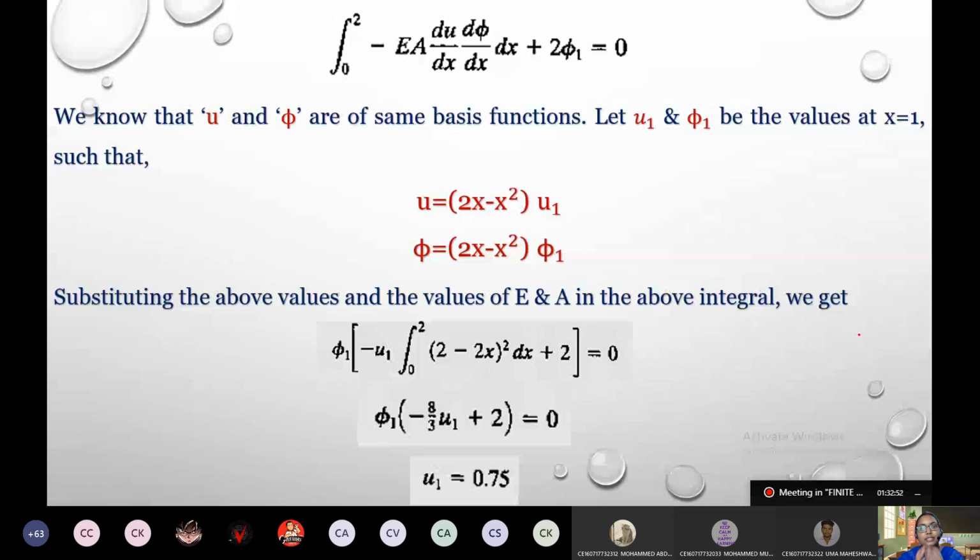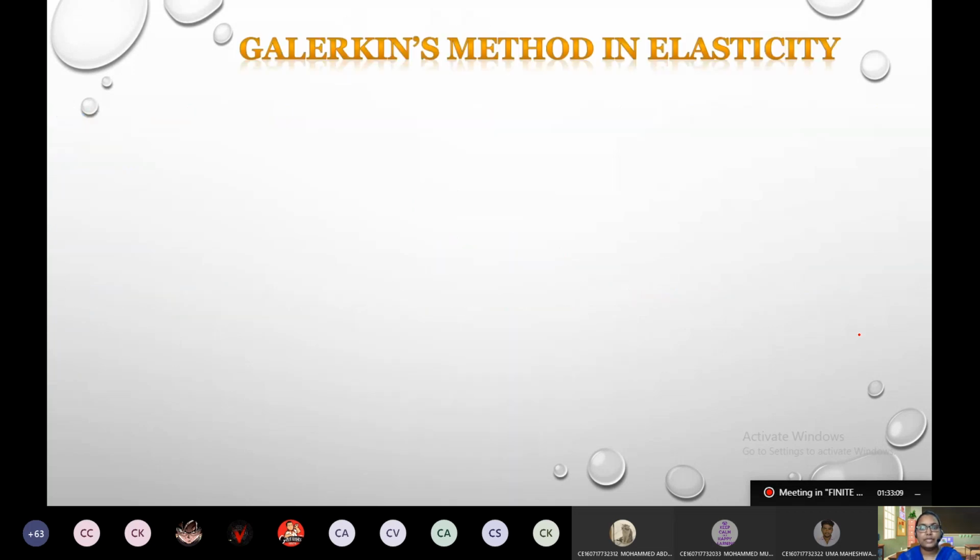All right. Now, the same Galerkin method, if we are taking further into solid mechanics and applying it for the elasticity problems, how can we reach the solution is the main part. So if you are going forward, we will take it as Galerkin's method in elasticity. You can further write it as Galerkin's method in elasticity problems if you want.